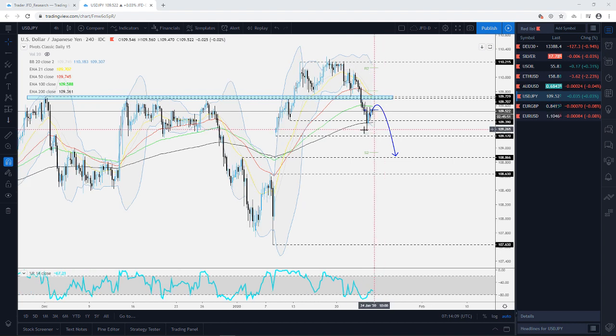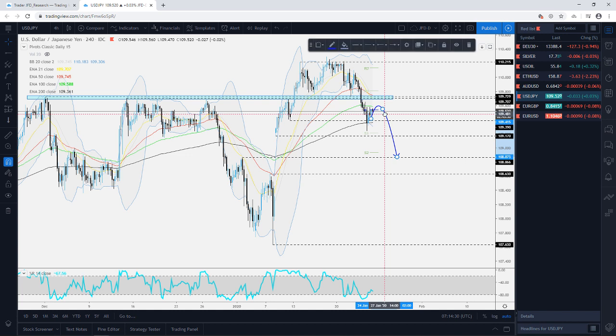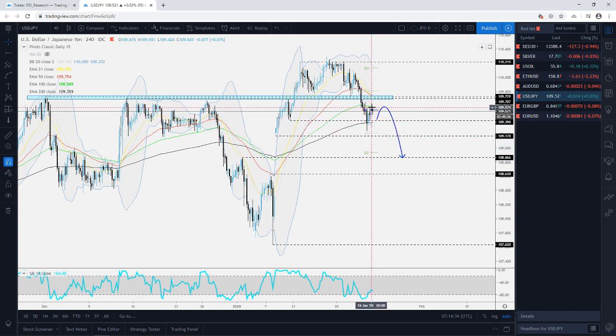So as you can see, we did have a false breakout, but never even closed a 4-hour candle below this area. So all this area acted as a very good, nice area of support from which the pair rebounded and pushed higher, and this is exactly working out according to plan right now. This is what I was talking about yesterday, so we may see that rebound, and let me just shift this arrow from yesterday a little bit to the right here. There we go. So we may see a bit of a rebound, but if it struggles to push back above